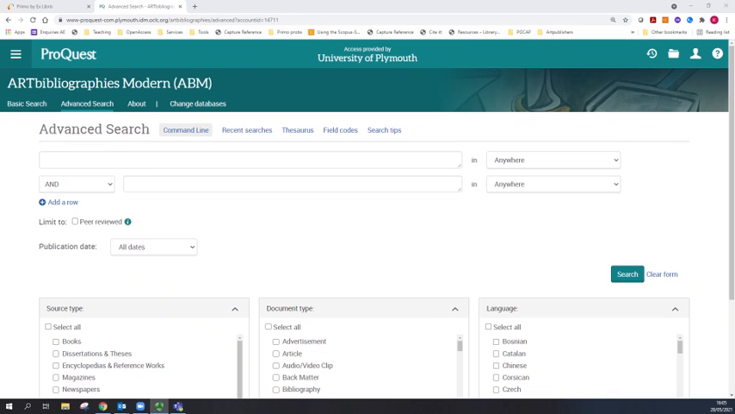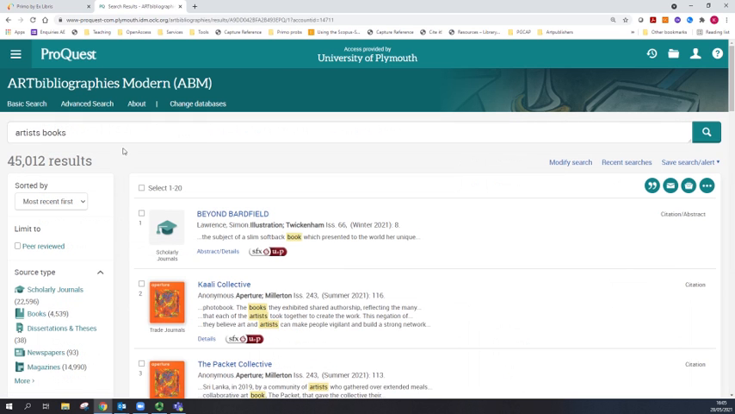In this video I'm going to show you a couple of little tricks that you can use in a basic or an advanced search to increase the amount of relevant results that you are getting in your search. The example I'm going to use to start is artists' books. If I do a search for artists' books and click on search,